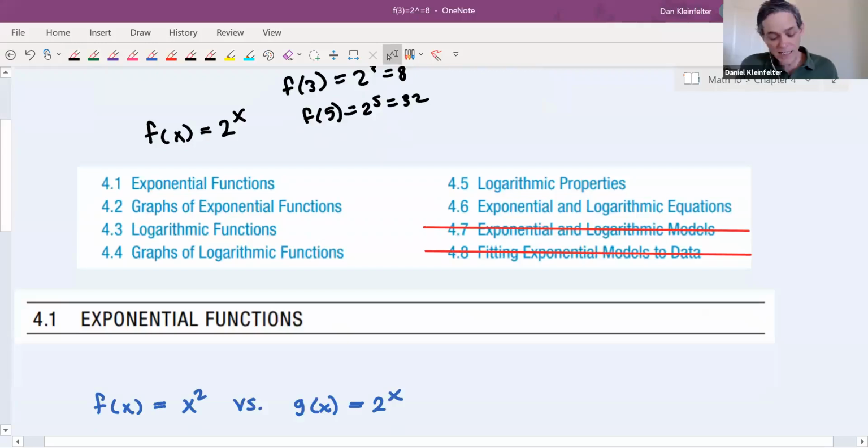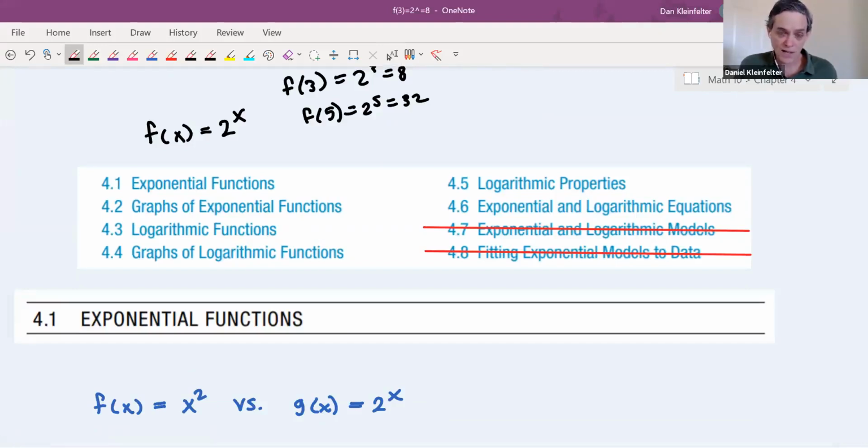And notice that's different from having a variable base raised to a constant power, like a power function would have, like the x squared function you're seeing at the bottom of the screen. Here we're not just playing around and saying, let's see what happens if we put the x in the exponent instead of in the base. It turns out that there are a lot of good, useful, and interesting applications of this kind of function,